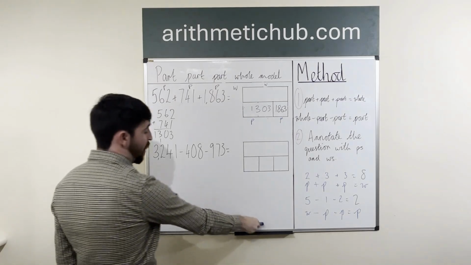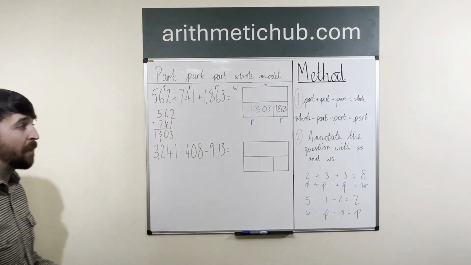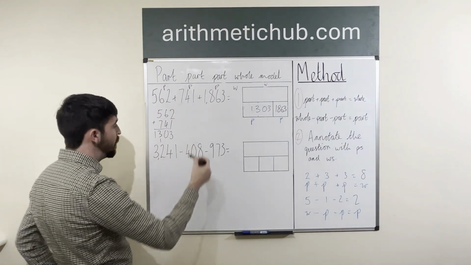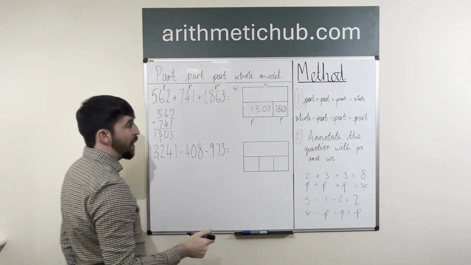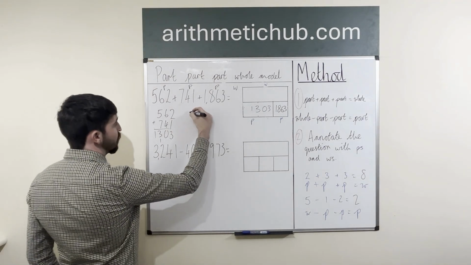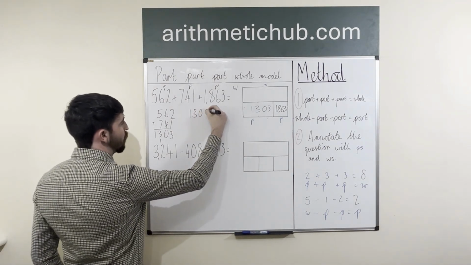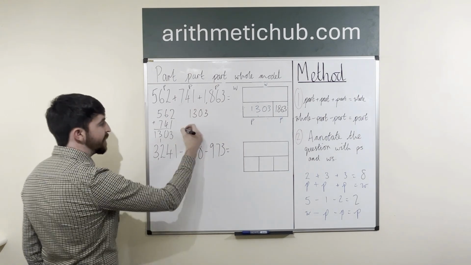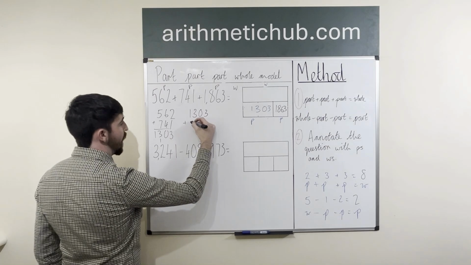Or you can add the three parts. You start off by just doing a part and a part there like that. Okay, so now I've got my 1,303. What I'm going to do is add the other part as well. So I would do 1,303 and I would add the second part. So I would do add